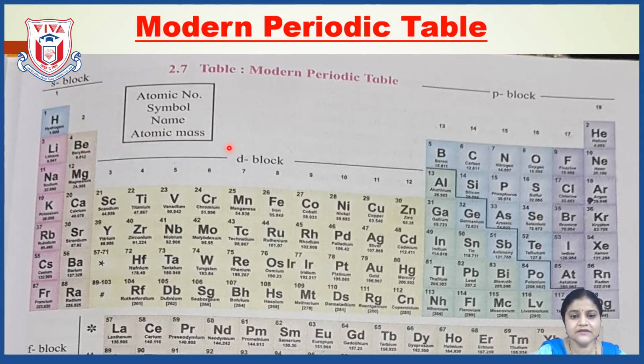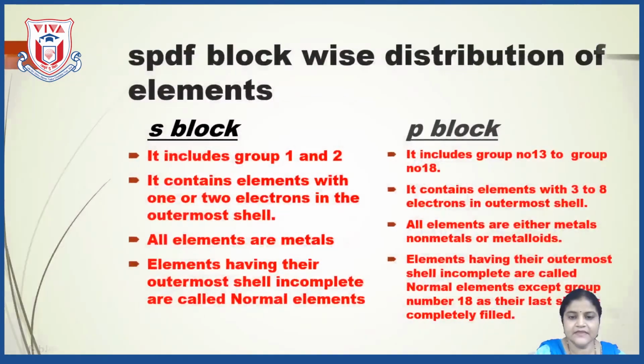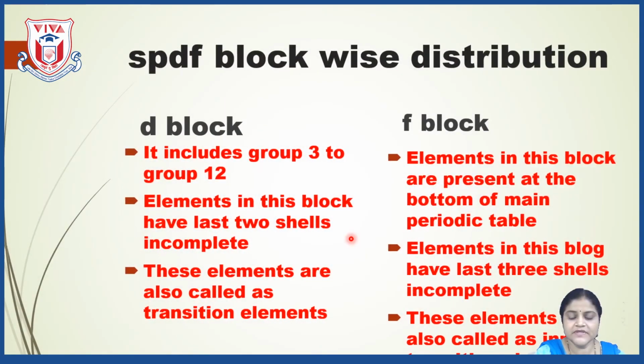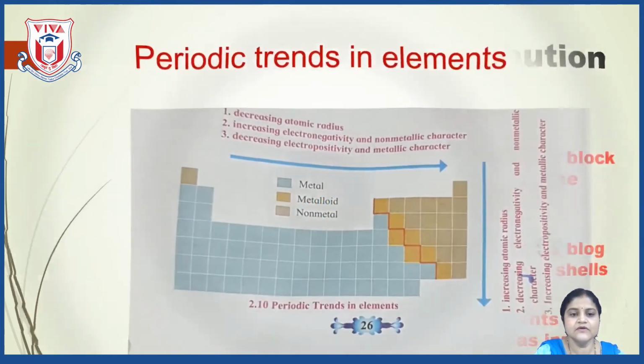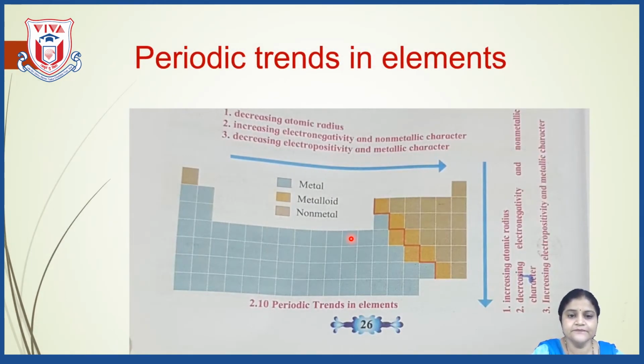So from this we can conclude that the valency is indicating the group number, and the number of electrons in the outermost shell is indicating the period number. Okay, so period wise, group wise and block wise distribution is clear. Now the next part, from here we will go to the valency, then metallic and non-metallic character and the atomic size.